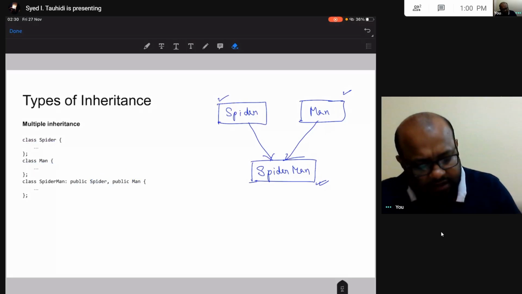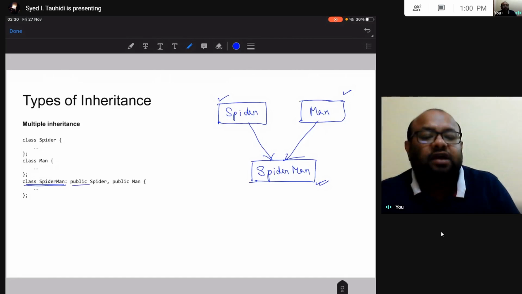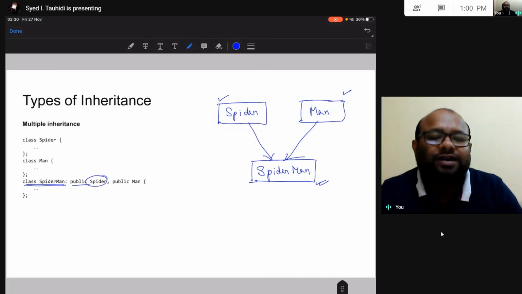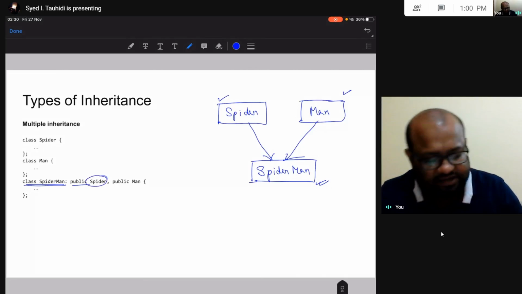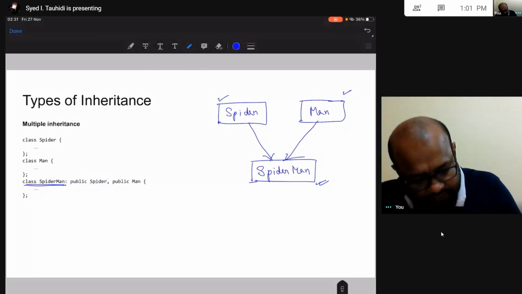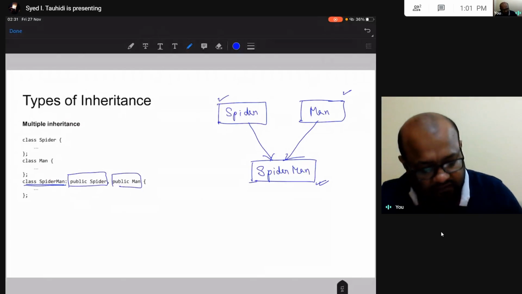Alright, you will write the class name like before. Previously what we did, we wrote the inheritance access control and the class from which we were deriving. This part stays the same. And now what I will do, I will keep on writing this separated by a comma. Okay, I have this comma over here,